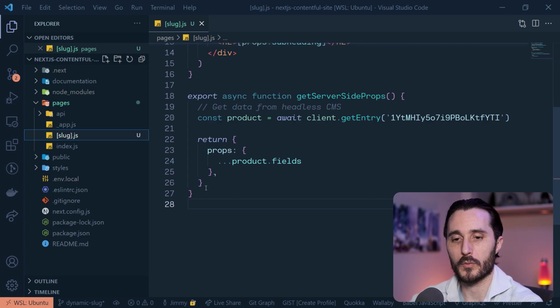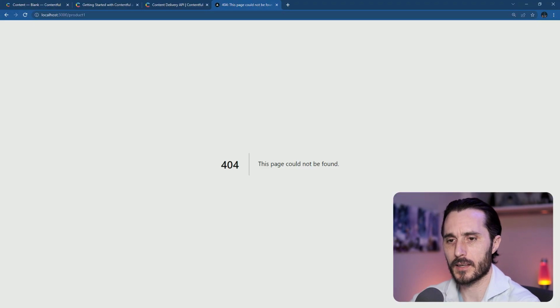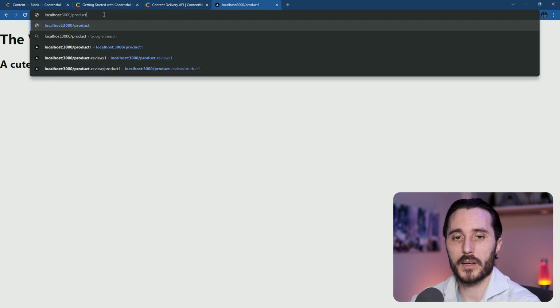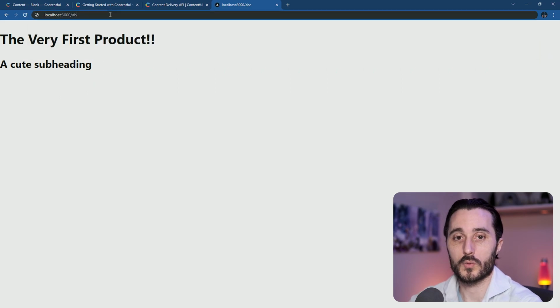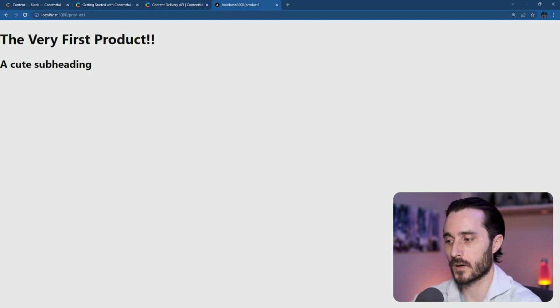So if we're doing, whatever page we're on, / whatever. In this case, since I have it in the root of pages, any routes after just the home page route / whatever are going to resolve to this template. So let's test that out and see if that's actually working. So we go here and we refresh, and you'll notice that we do get that, right? Product 1. But we could actually type whatever we want here. We can type ABC. See, it wasn't even one of the ones that I had. It's always going to return the same thing right now. So if I go back to product 1,